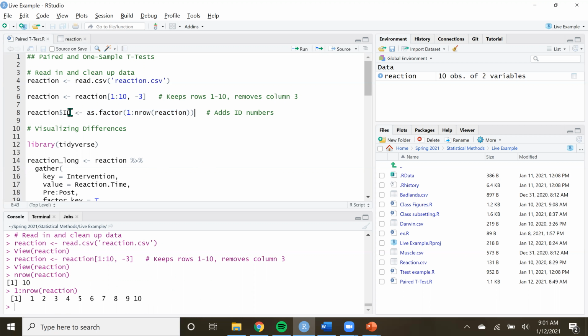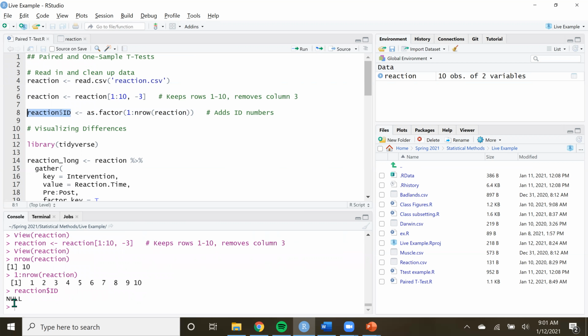And then what I'm doing here is, we don't have a column right now called ID, so I'm going to make one. I just use this $ sign here to say, this is totally empty. This does not exist. In fact, if I run this, it's going to say null. So it's totally empty. I'm going to supply it this information, and then we'll be good. Okay, so if I run this,